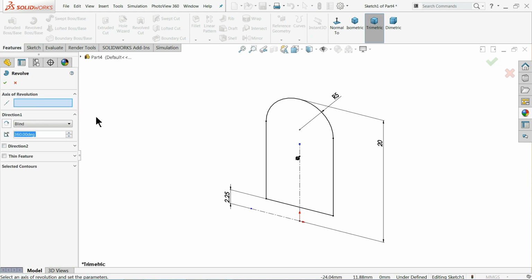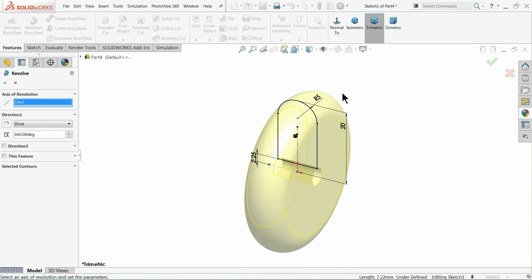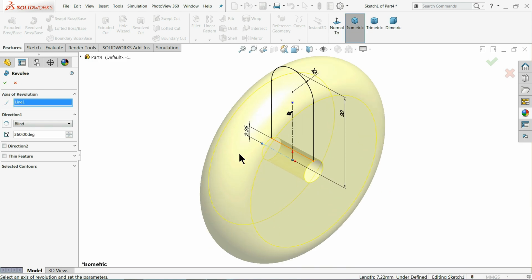Revolve boss base. Now here we need to choose the axis of revolution and condition, keep blind, and angle keep 360 degree because we want a full revolved body. So I'll select this center line as the axis of revolution. Okay,